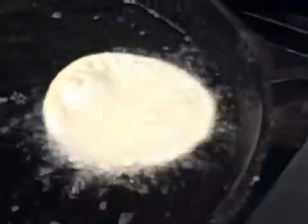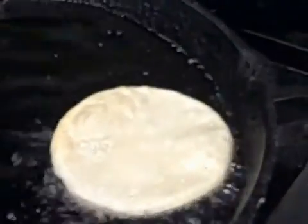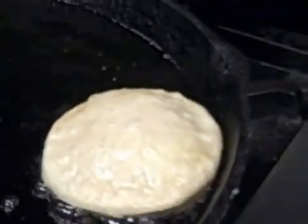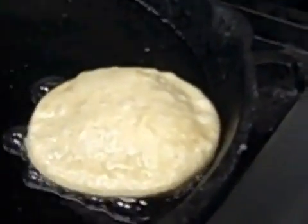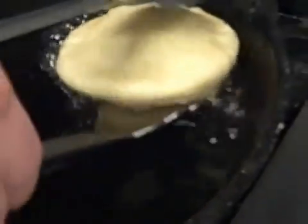What you should observe is, if the dough has been made properly, it will begin to puff up as it browns. A well-made puri will be a hollow disc. There, it just finished puffing, but you'll also notice that the bubbles around the edges have more or less subsided,